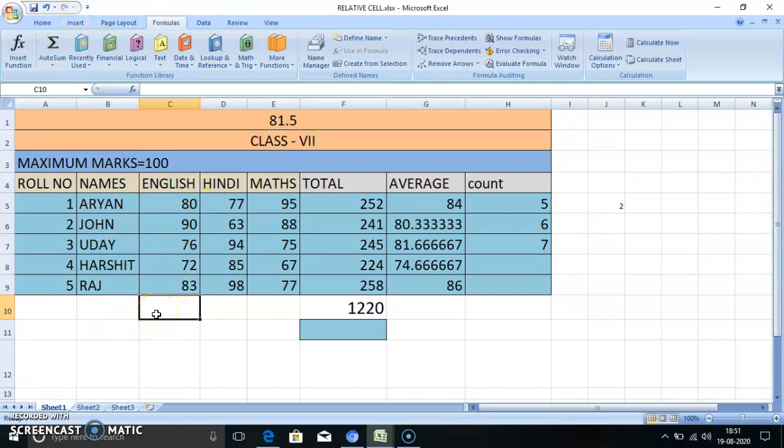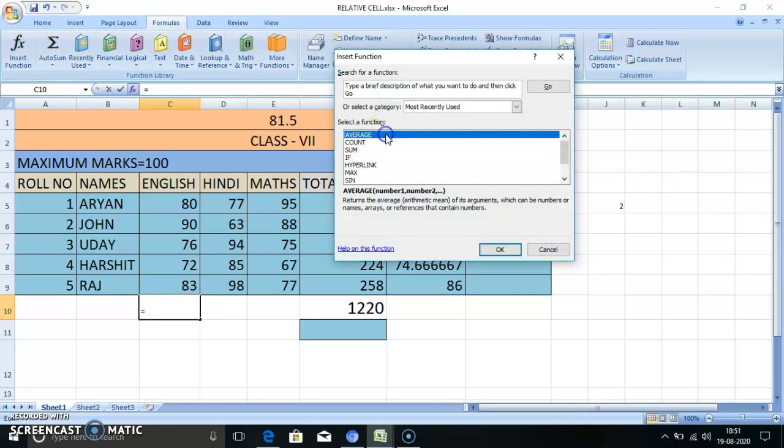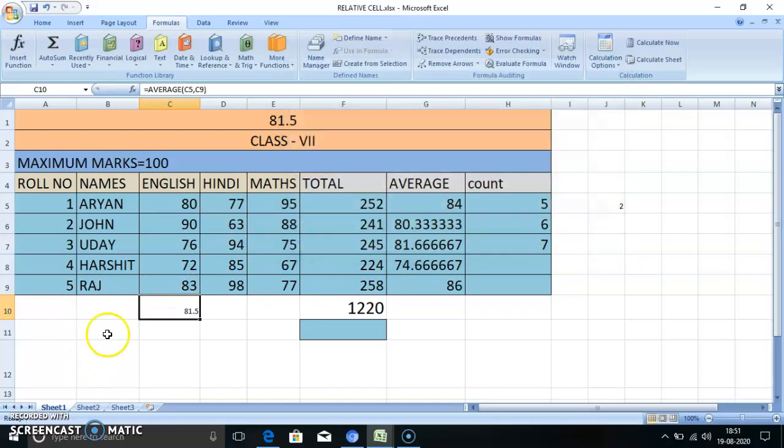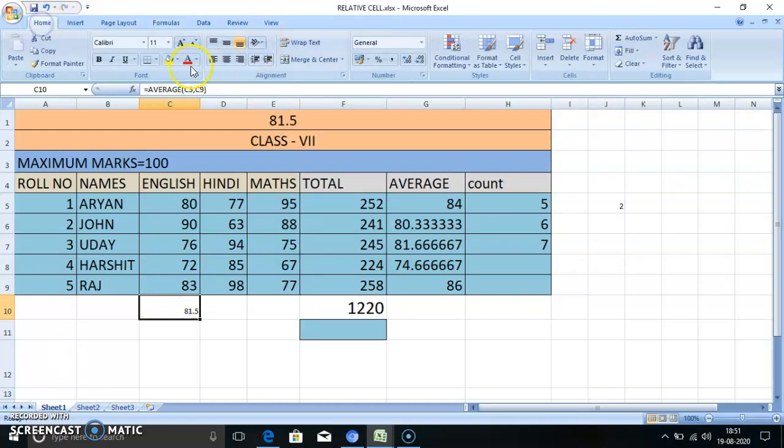You can represent the answer here also. So to represent the answer here, first of all click in this box, click in this cell. Okay. Then formula, then insert function. Click on average. Okay. Then select the cell. I will click in C5. Then click on number 2 and take the last cell, C9. Okay. See the answer, 81.5. Hope you all are clear on these functions. Now in the next class, I will give you the question and answer of this lesson.